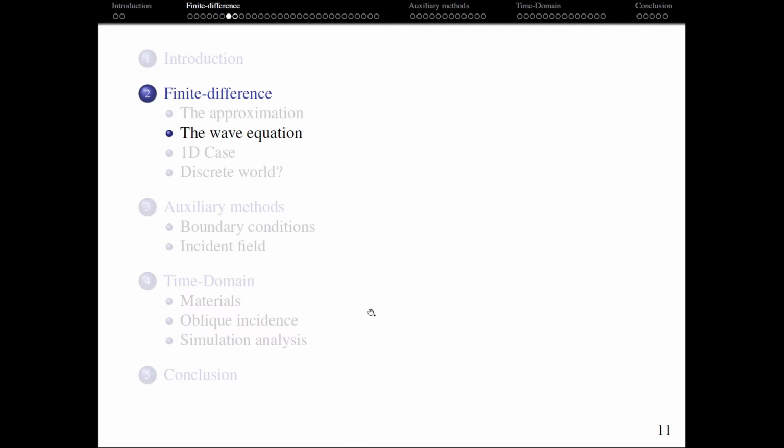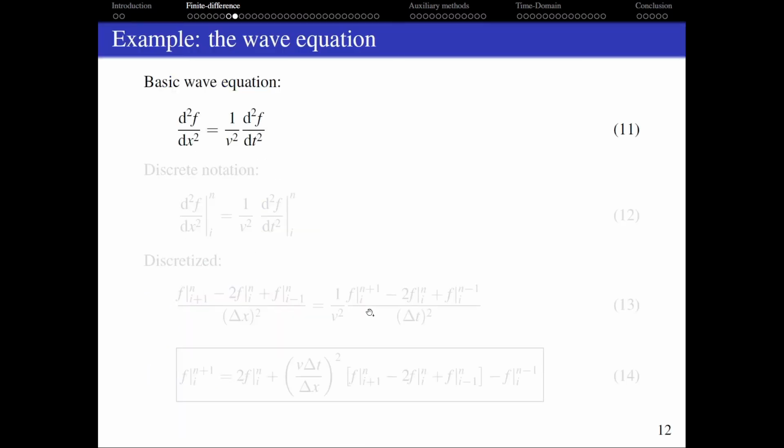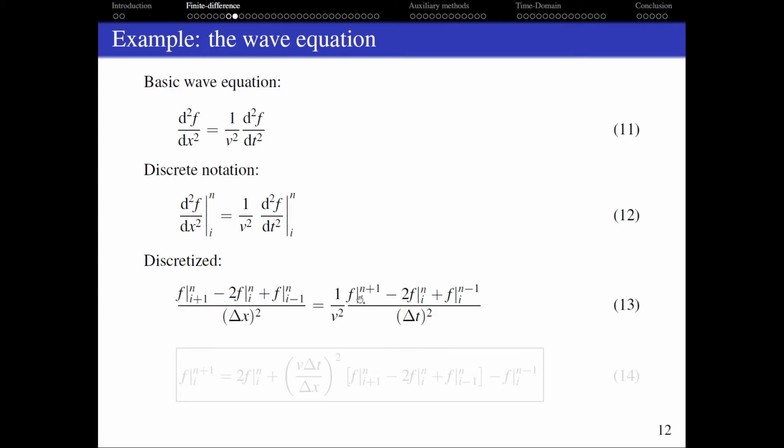Okay. So let's try this on the wave equation to show simply how it works. So we have our wave equation which combines the second derivative along x and the second derivative in time. So we apply our notations and we replace this with our approximations that we had before, and we get a big equation that combines all the different terms for the points on the left, on the right, and the times